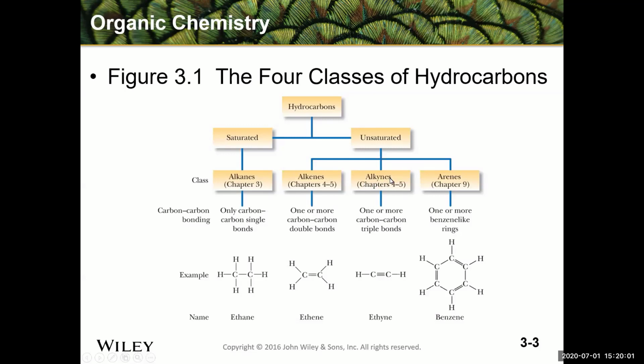Now, the last class of hydrocarbons we have are called arenes, or aromatic hydrocarbons. These types of hydrocarbons are somewhat special. They're special in the sense that you have 2 different resonance structures, so you have the electrons delocalized on the ring. Again, these are called arenes, or aromatic hydrocarbons.